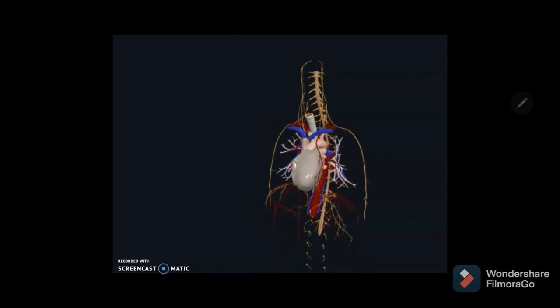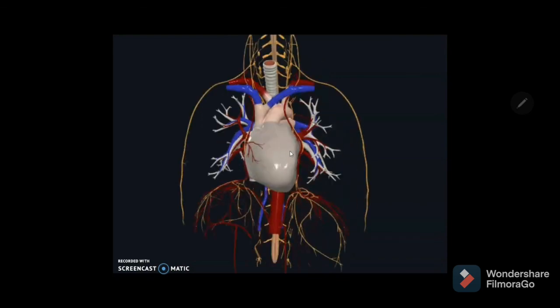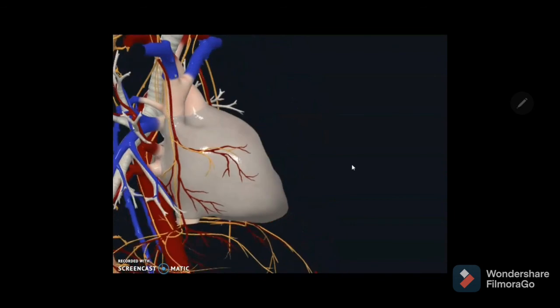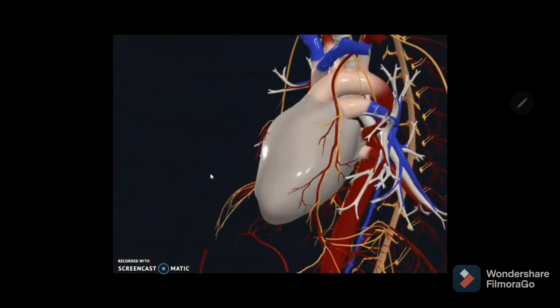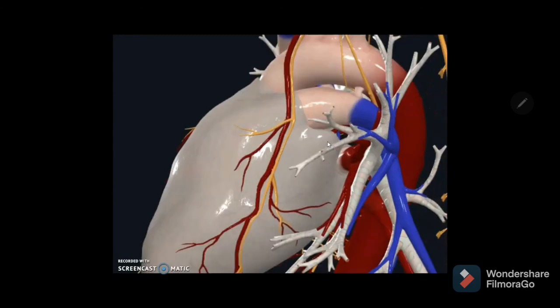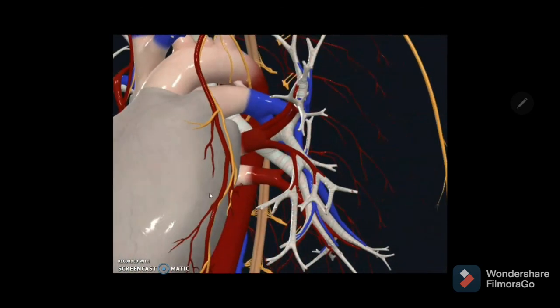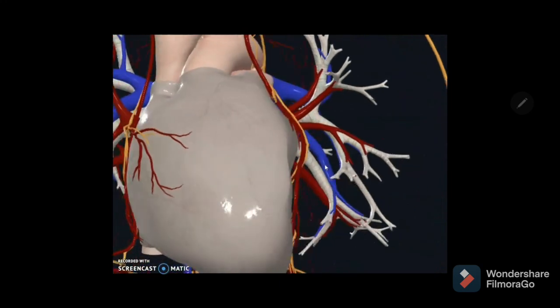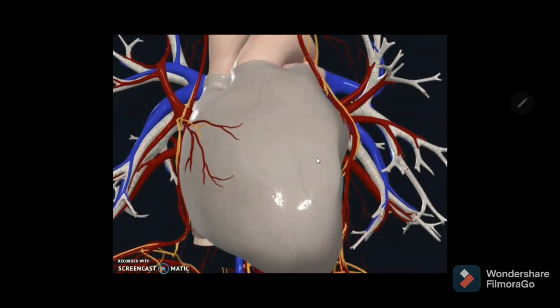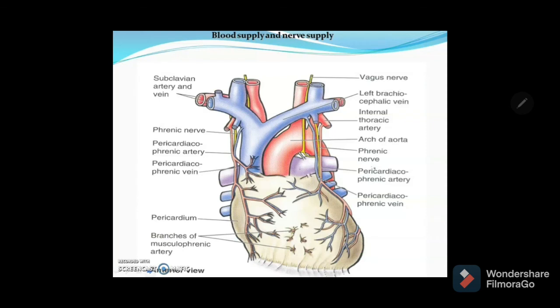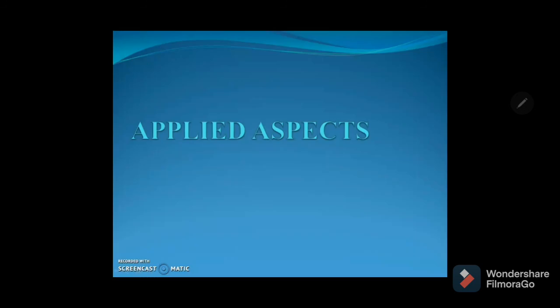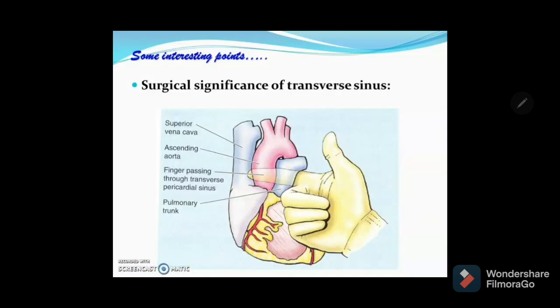Just now if you turn and see, you can see right and left phrenic nerves giving the pericardial branch there. They run along with the blood vessel. So the phrenic nerve not only supplies the diaphragm, it also supplies the pericardium, giving the somatic nerve supply, that is, fibrous pericardium and parietal layer of serous pericardium. They are pain sensitive as they are supplied by the phrenic nerves. You can notice here a picture depicting the neurovascular supply of the pericardium. Remember that.